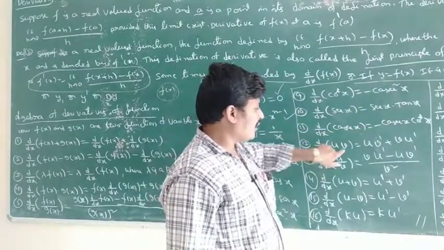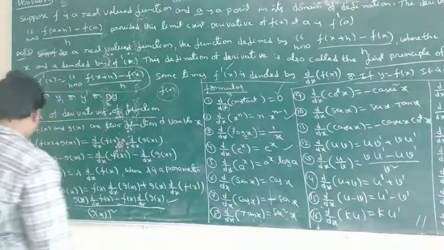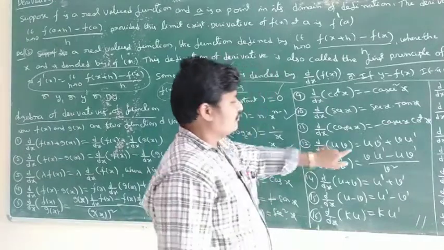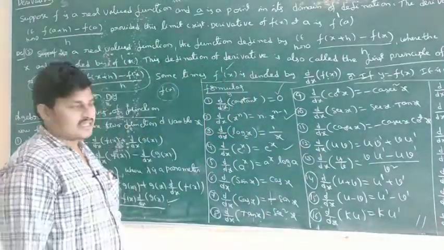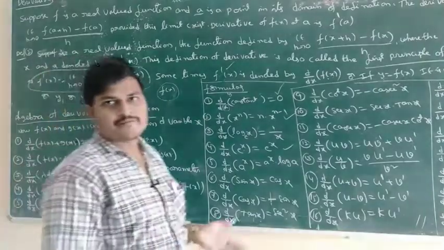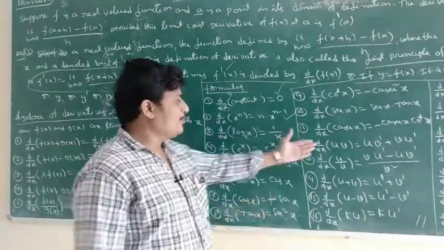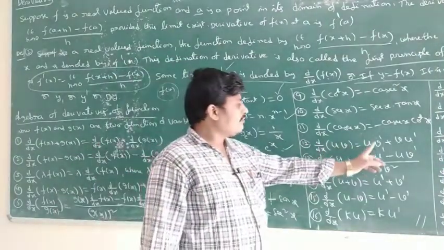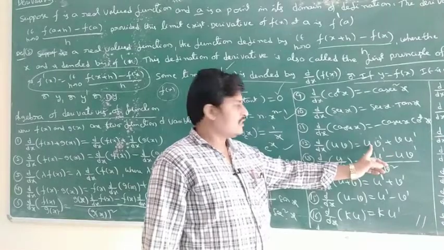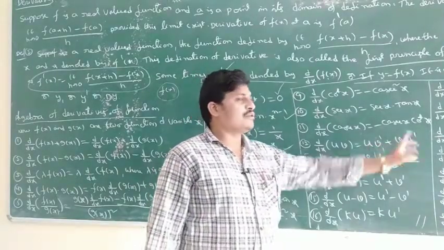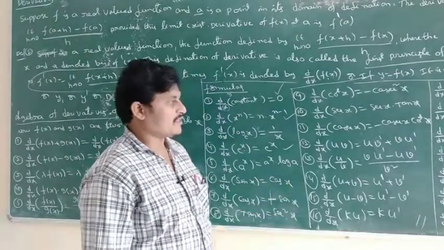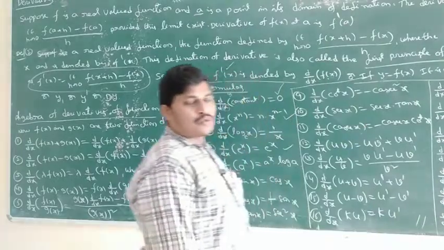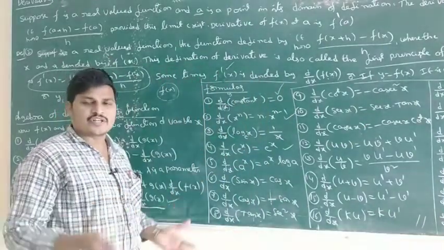This is the u into v formula. These two are the same as the algebra derivatives, the 4th and 5th, and here also the 12th and 13th are the same. f of x into g of x, here u into v, where u is equal to f of x and v is equal to g of x. The u into v formula is u into v dash, that is u into the derivative of v, plus v into u dash. Then u by v. So these are some applications, for example the derivative of root x, which is x power 1 by 2.